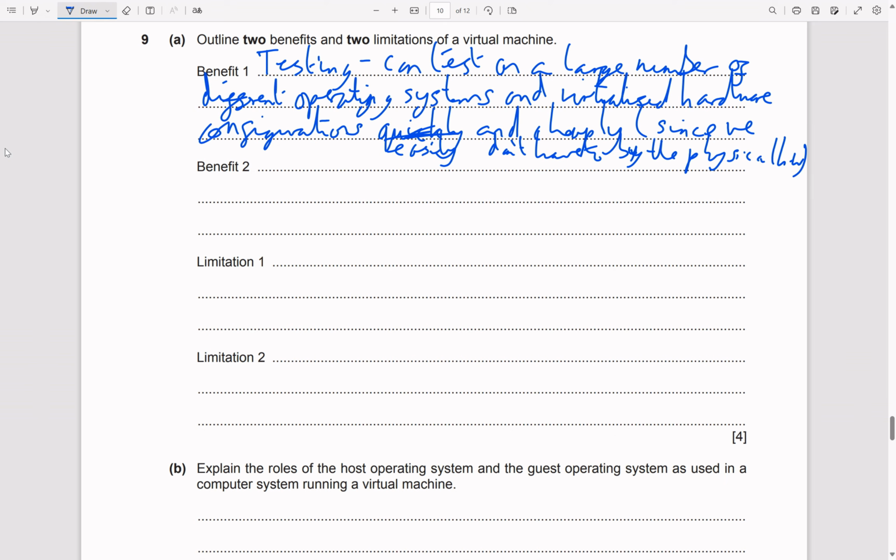Right, let's say HW. Of course, in the exam, hardware. Then, benefit two, I think you can probably say security. There was a video I was watching which was talking about this. They were saying, for example, a web host, a web